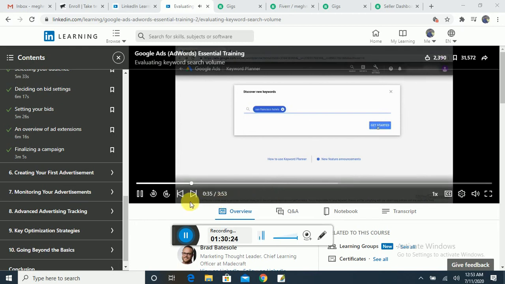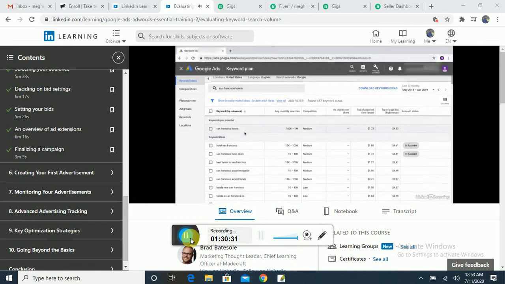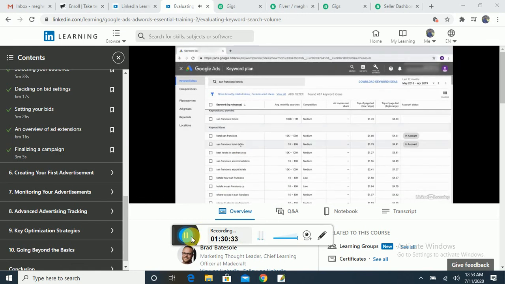and select Get Started. So here on the left-hand side, we can see all of the related ideas. In this case, we see ideas such as San Francisco hotel deals,